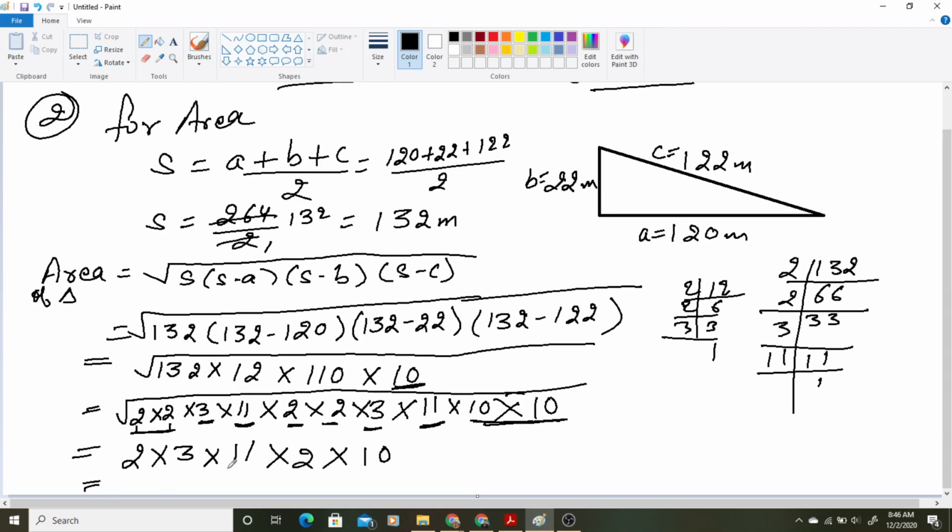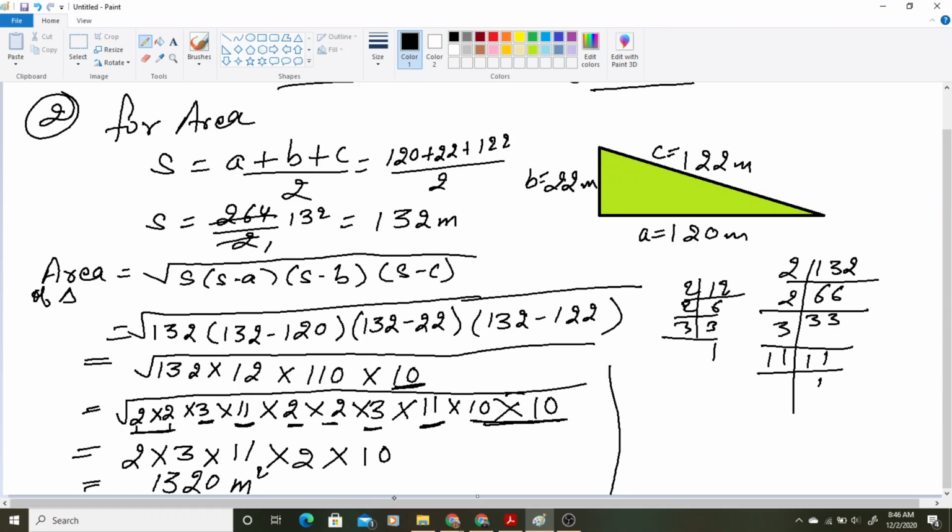So it will be 2 3 जा 6, 6 2 जा 12, 12 into 11 is 132, so it will be 1320 meter square. So that means what? That means the company is hiring this wall. See, this is the wall hired by the company, and you know what? This wall is having the area 1320 meter square.